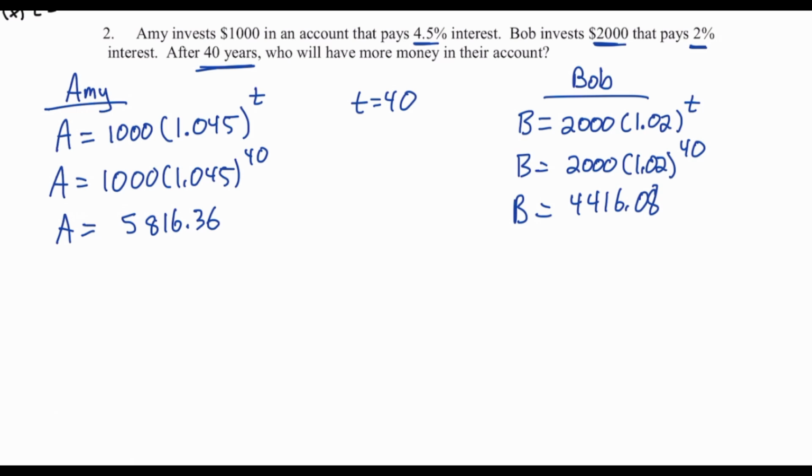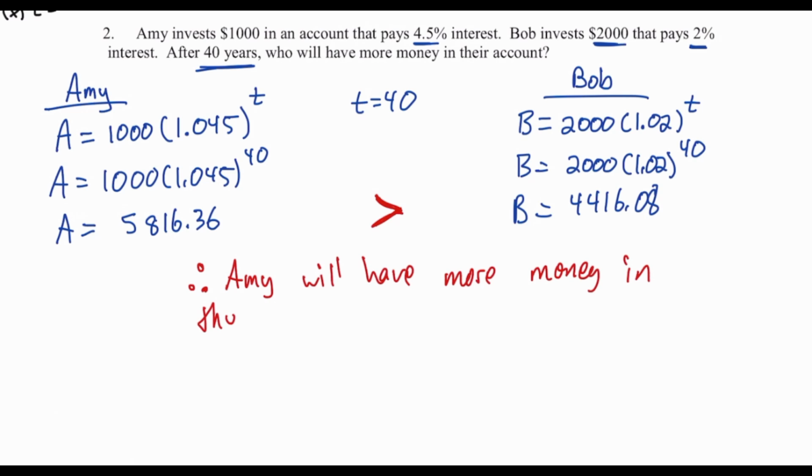All right, so the question said, after 40 years, who will have more money in their account? Well, we've seen visually on the graph and through our calculation that the amount of money Amy has is greater than the amount of money that Bob has. So let's just write a concluding statement and then we'll be done. Therefore, Amy will have more money in the account, in her account,